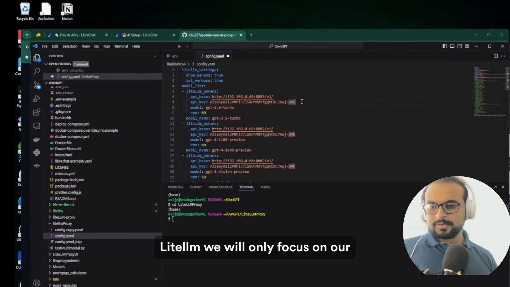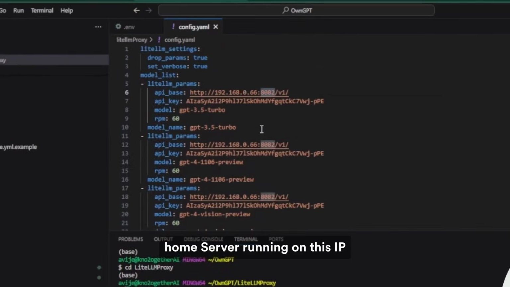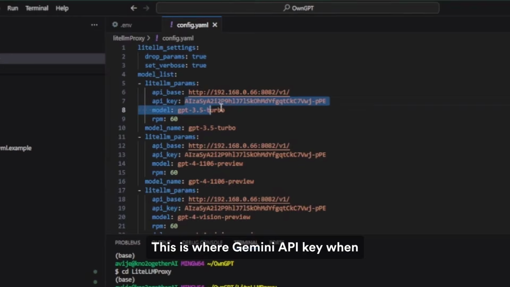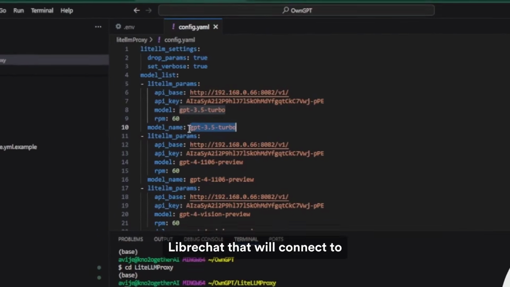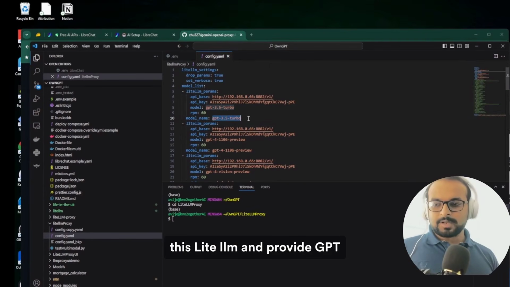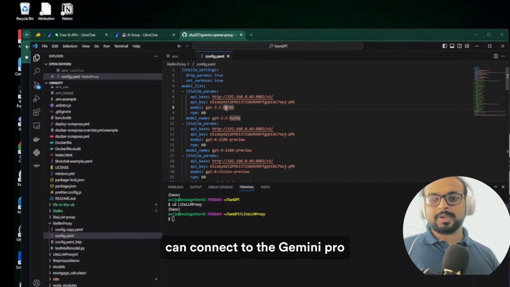We will only focus on our Gemini model for now. My local home server is running on this IP and the proxy is available on port 8082. This is my Gemini API key. When LibreChat connects to this LiteLLM and requests GPT-3.5 Turbo, it will connect to my proxy, which will present the model as GPT-3.5 Turbo, and the proxy can connect to the Gemini Pro model and